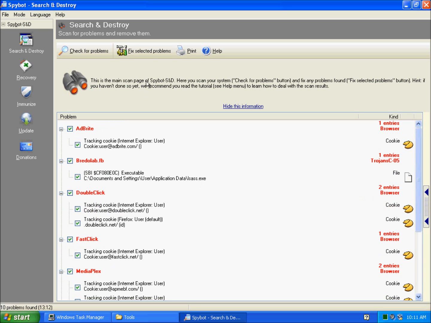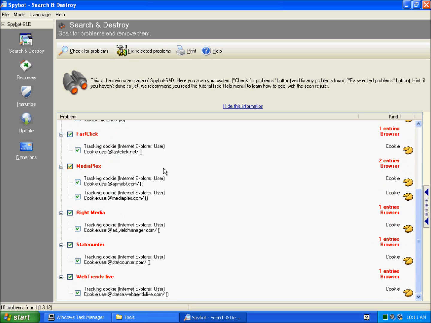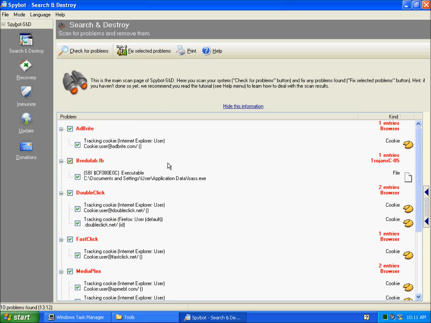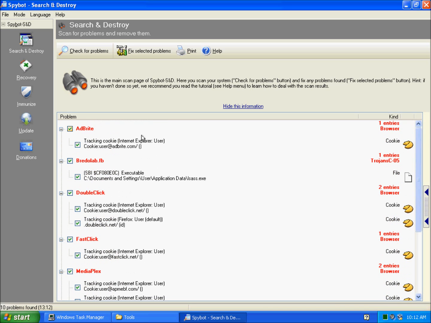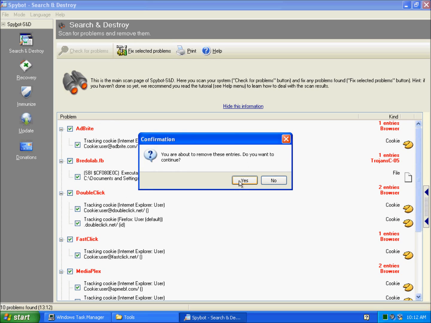So I'm going to go ahead and tell it to fix the selected problems. In this case, of course, fix is going to be to delete the problems. Now, also remember, 90% of the time you're always going to have tracking cookies unless you tell Internet Explorer to disable all cookies on every website, and certain websites won't act correctly unless you have cookies enabled. So I'm going to go ahead and fix the selected problem and tell it to remove the entries I selected,